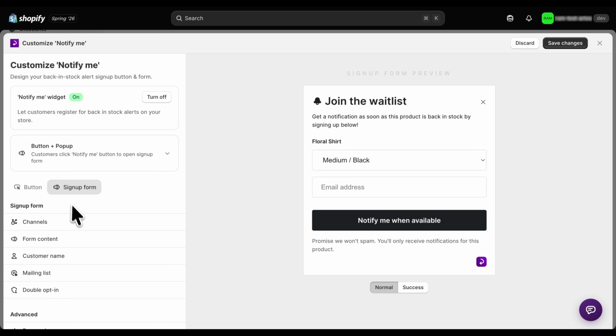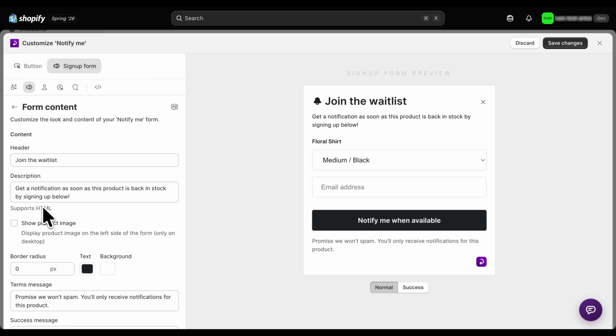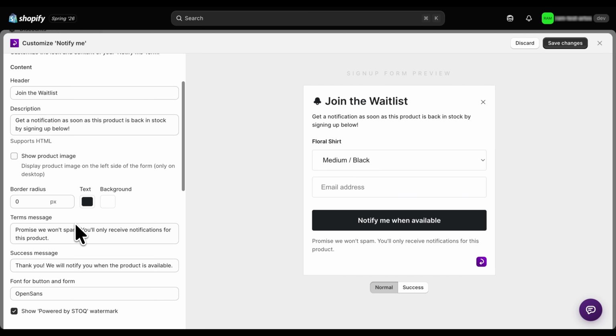Next, let's check the form content. Now from here, you can customize how the waitlist pop-up will actually look for customers. For example, if you want to change the pop-up heading, simply click here and type your own text. Similarly, you can also change the description text below it. If you want to display the product image inside the pop-up, simply enable the Show Product Image option, and it'll